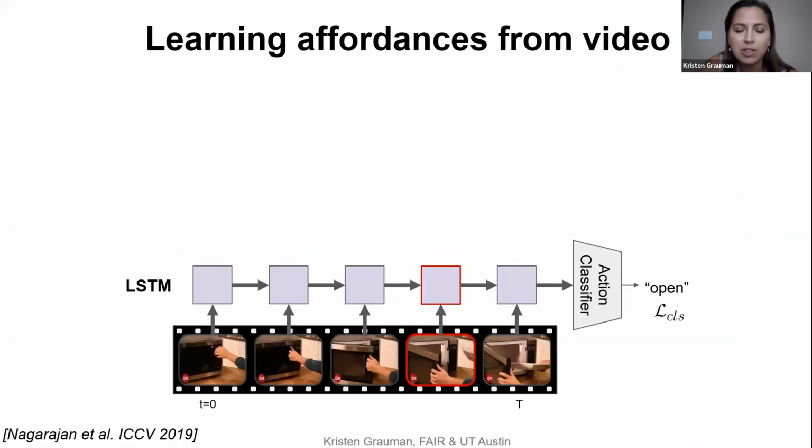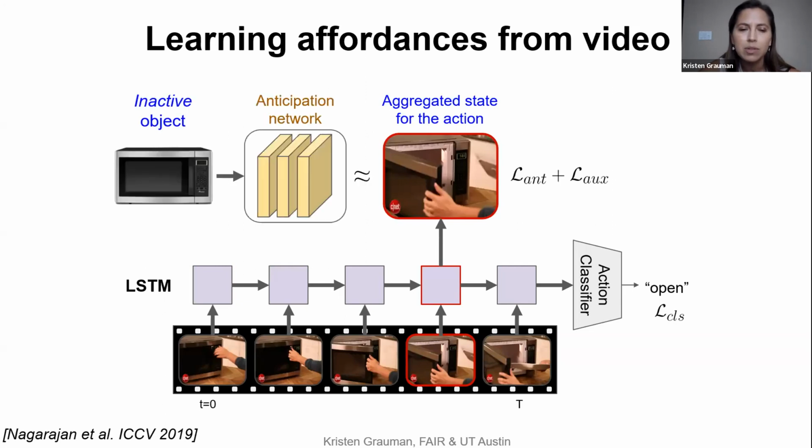And we've had early models to do this where we take video for which we know actions that are taking place. So think of this as a weak label, nothing about where hands are or where the regions are, but just watching actions that we can learn to recognize. And then we build on networks to discover how to anticipate the link between what an object looks like when it's at rest, because that's when the affordances take place before we start interacting, and link those visual cues like the closed microwave in the top left to the state of the object when we're learning to recognize this interaction, like opening the door.